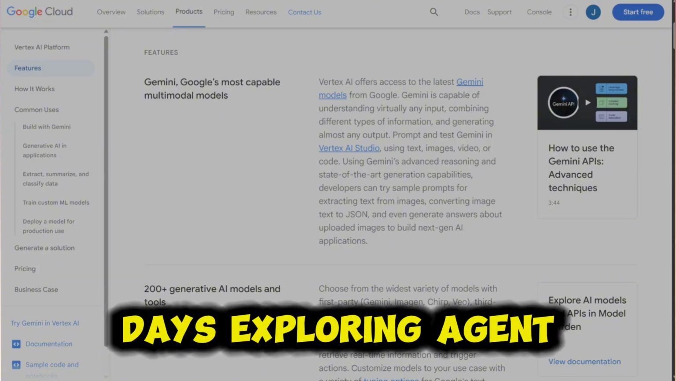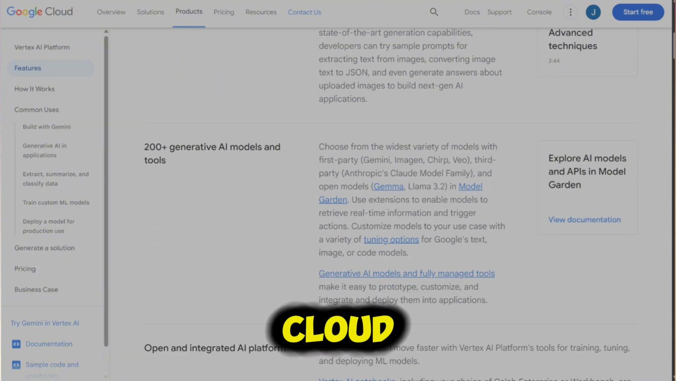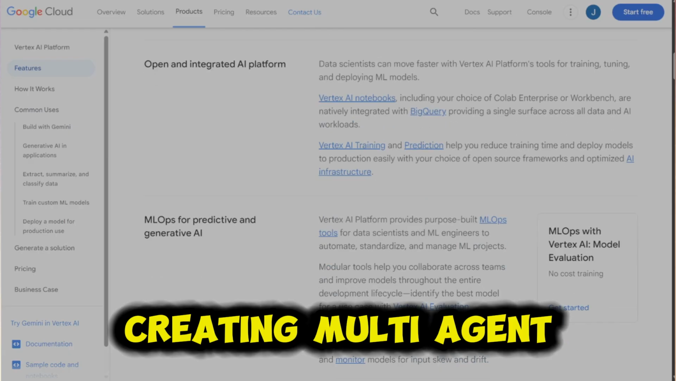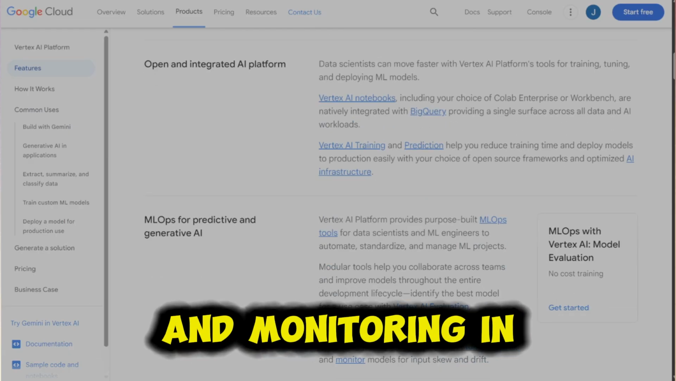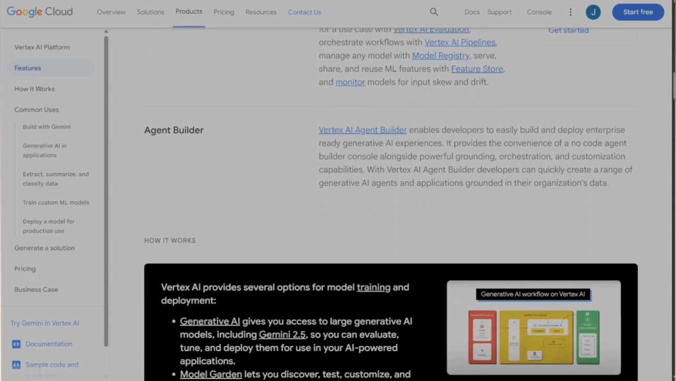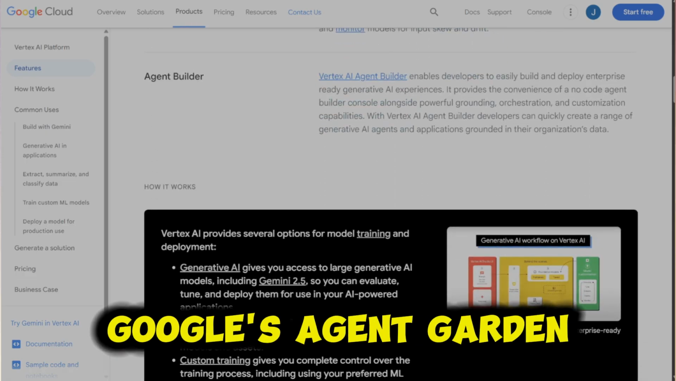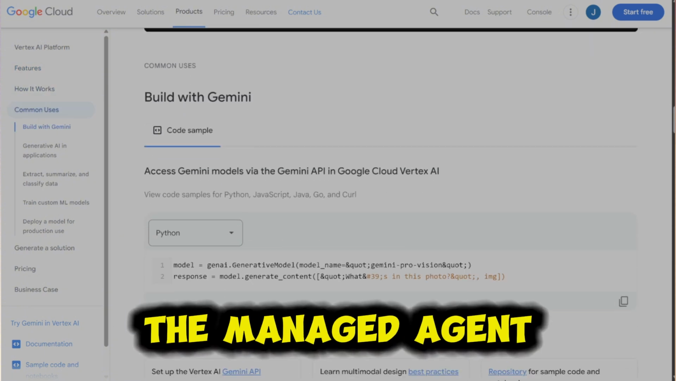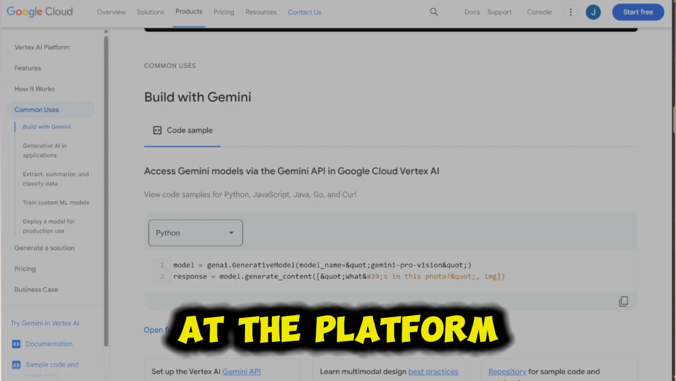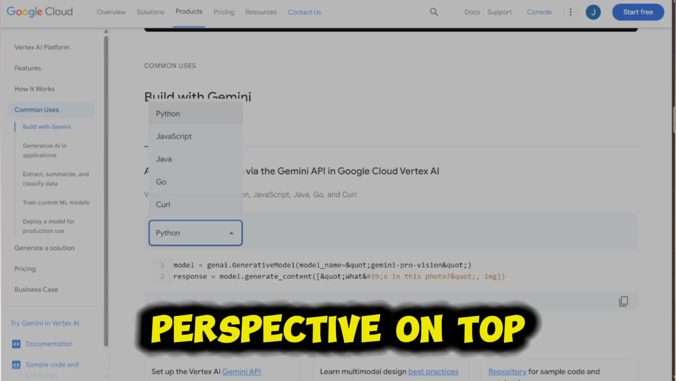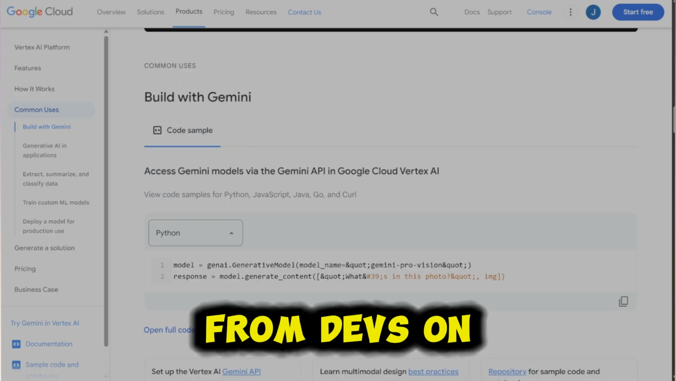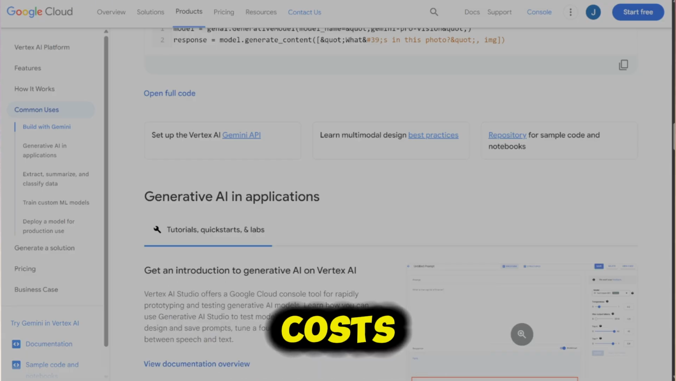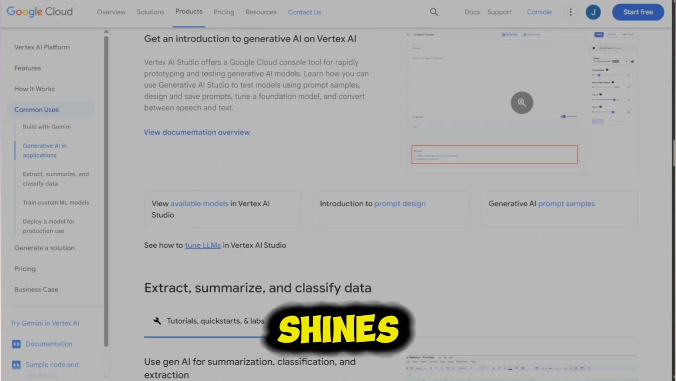I spent several days exploring Agent Builder on Google Cloud, building simple agents with the Agent Development Kit, ADK, creating multi-agent integrations, deploying to production, and monitoring in real usage. I worked with both Python and Google's Agent Garden templates, connected agents to enterprise data, and watched how they run in the managed agent engine. I also looked at the platform from a security and governance perspective. On top of that, I read posts from devs on Reddit and Google Cloud forums. After testing key workflows and investigating costs, I gained a real sense of where Agent Builder shines and where things